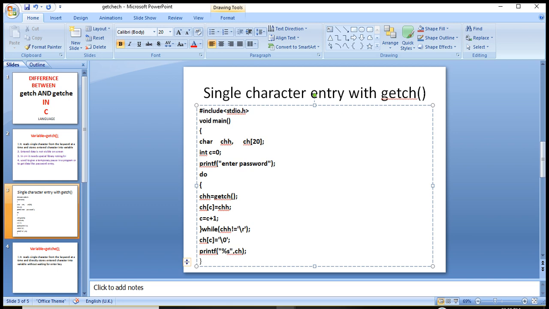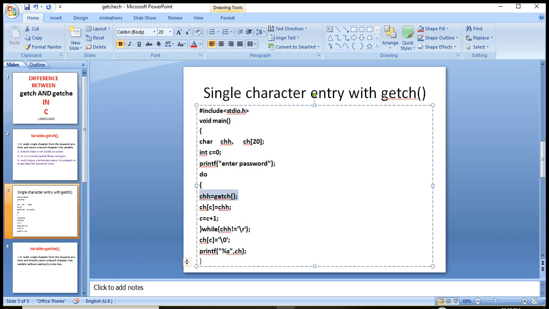If you haven't learned array, then you can watch the array topic from our videos. There is a special lecture on array. So this loop will first take the first character and store that character into the chh variable.